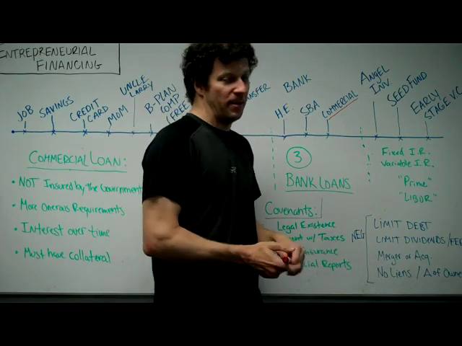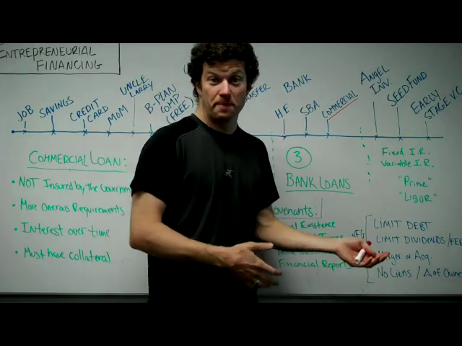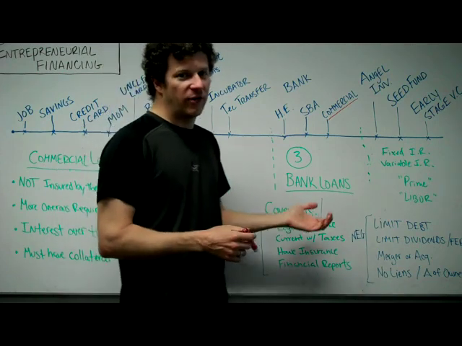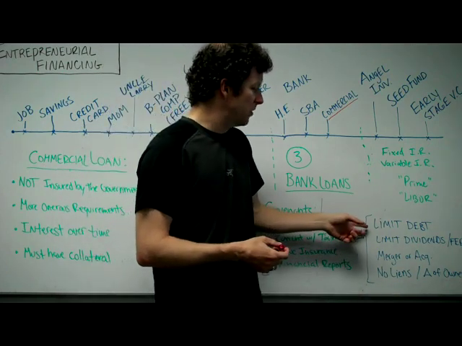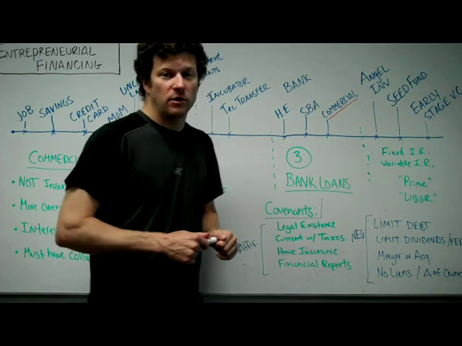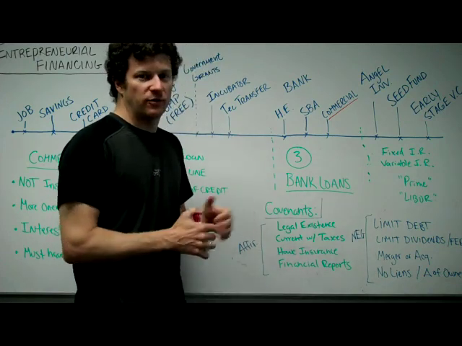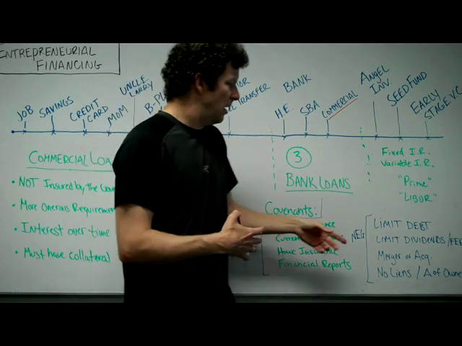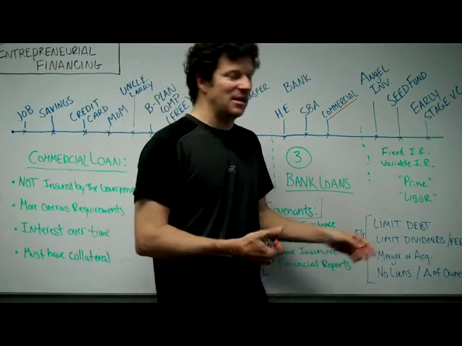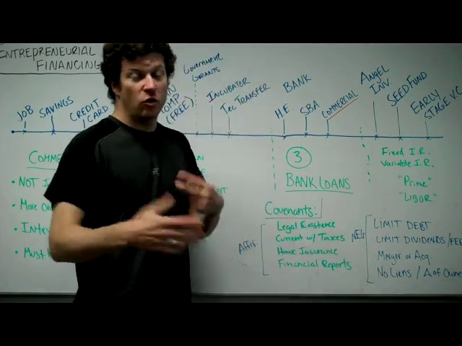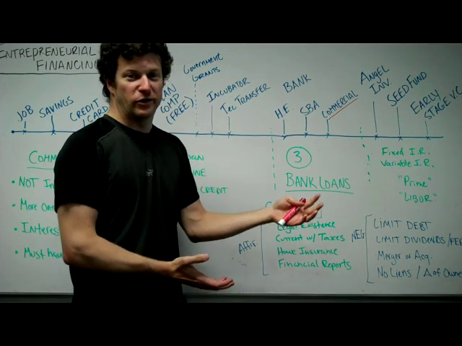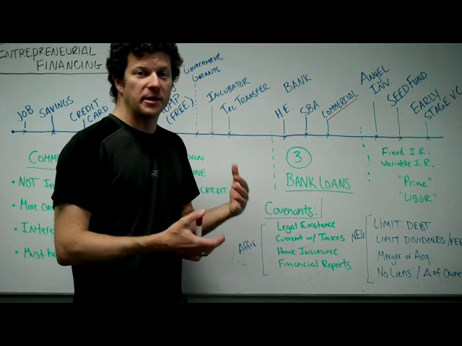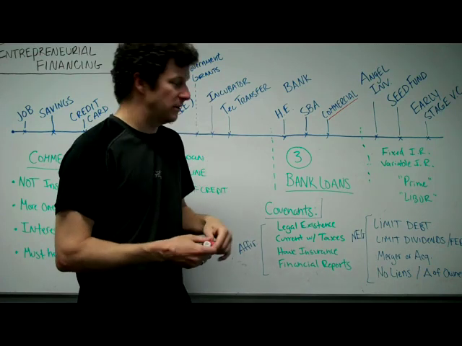These are negative covenants, things you cannot do. So I don't want you doing these things. In fact, you can't do them or you will be in violation of these covenants. Things like you have a debt limit. You know, the company can only borrow $500,000. If you borrow any more than that, you're in violation of your original loan covenants. I'm going to limit your ability to pay dividends or fees. I'm not going to lend you a whole bunch of money and then have you turn around and pay dividends to yourself and watch all that money disappear. So I'm going to put some limits on dividends and management fees.